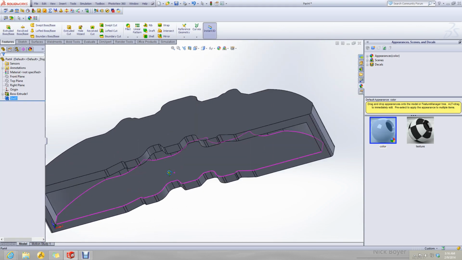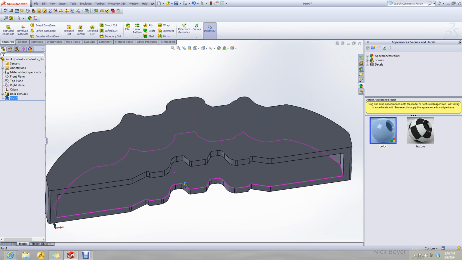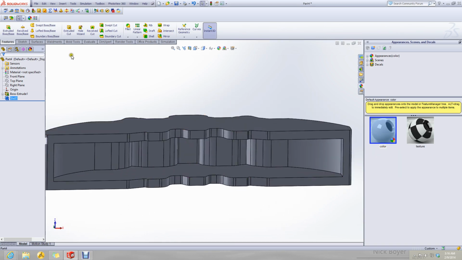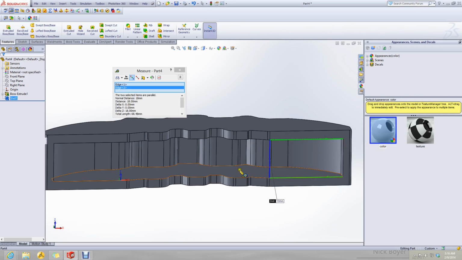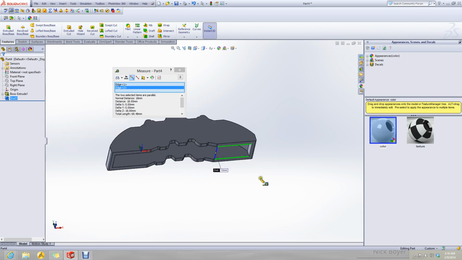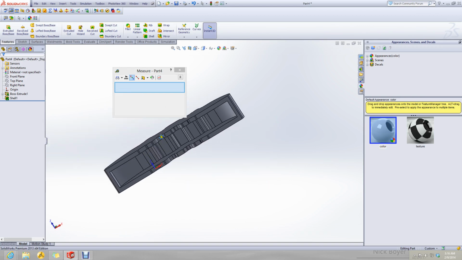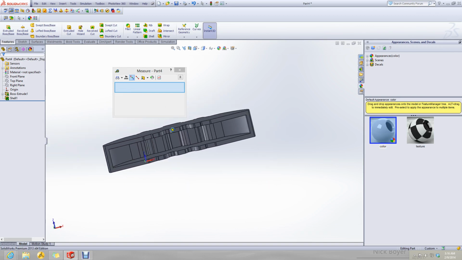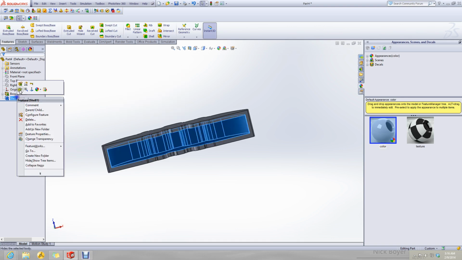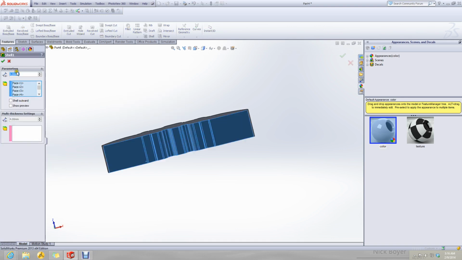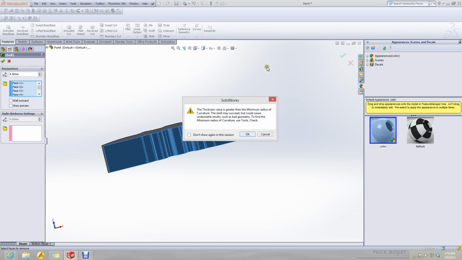Okay, now this looks fine. It is 18 also. So we further select to make it 19.5. Let's make it 4.5.